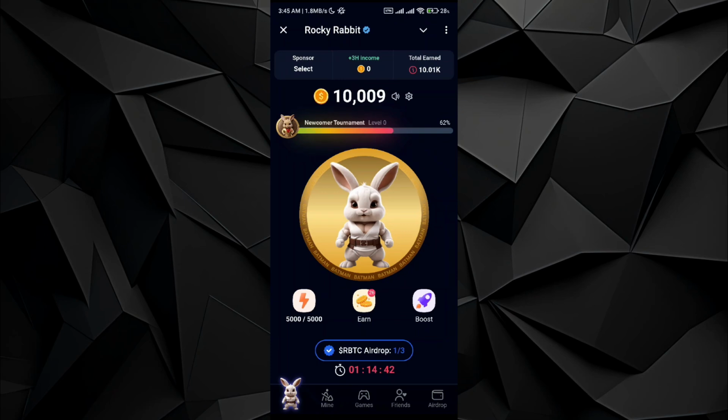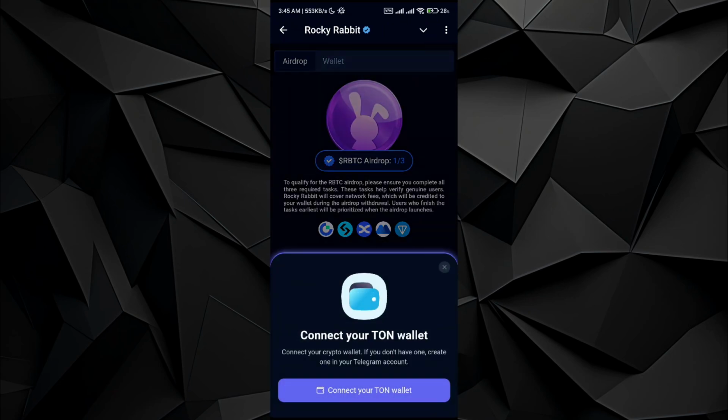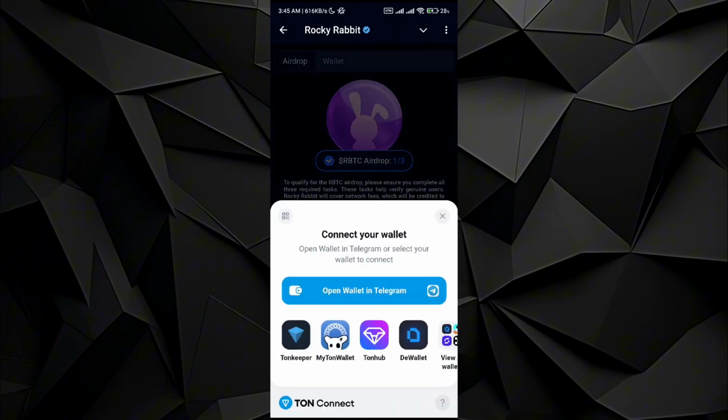All you have to do is go to the airdrop section on the bottom right corner right over here. Once you go to the airdrop section, it will say to connect your wallet. So just go and tap on it. It will say connect your Ton wallet. Just tap on it. If you have a Ton wallet in your application, it will be simply connected with your